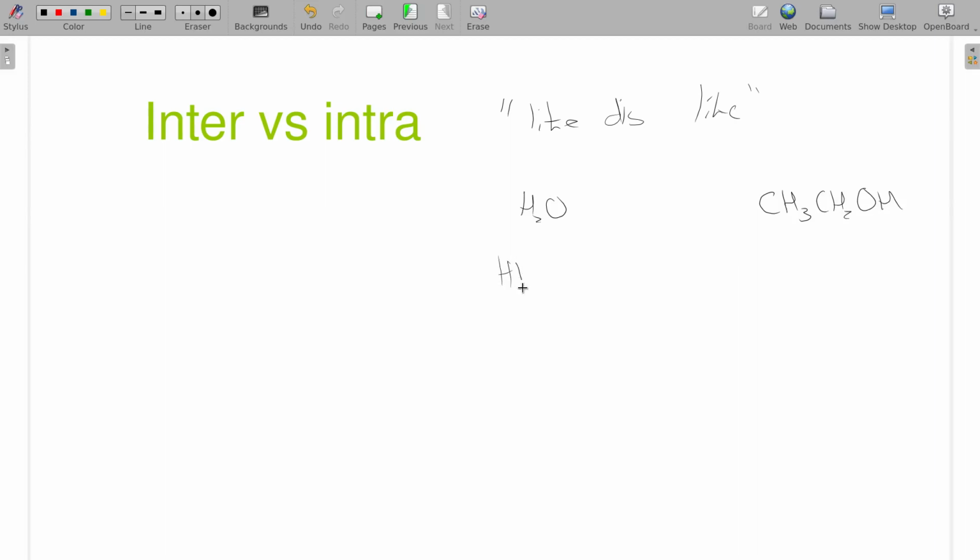Water can make hydrogen bonds. Ethanol can make hydrogen bonds. And since they can both make hydrogen bonds, they can actually mix. And if I wanted to go over here with something that doesn't mix with water, I might actually go with just propane. Propane can do nothing but London dispersion forces or dispersion forces. Because they're totally different, like dissolves like says these two don't mix.